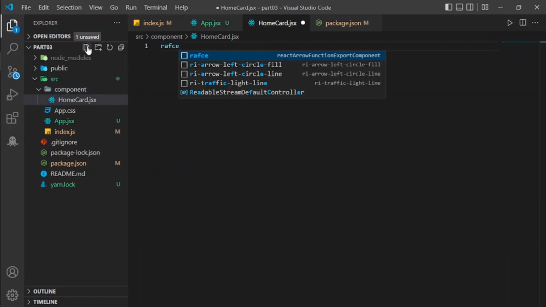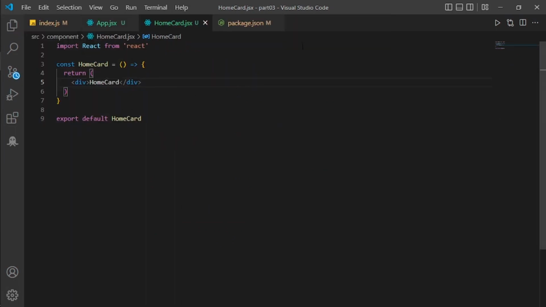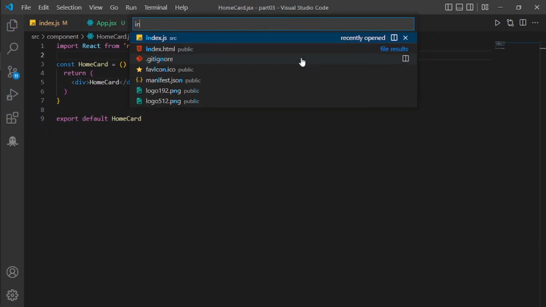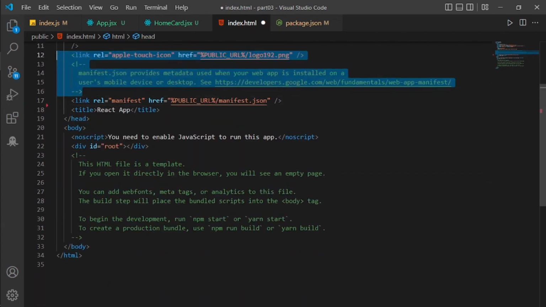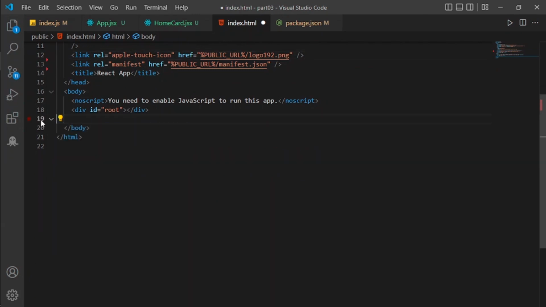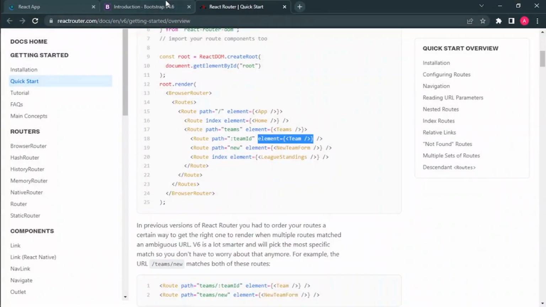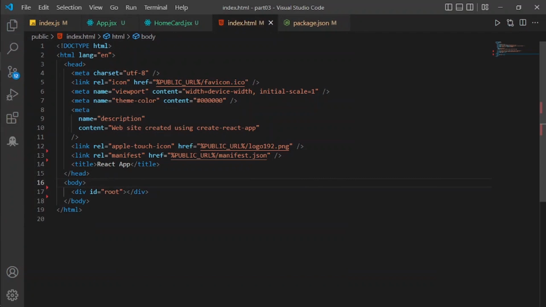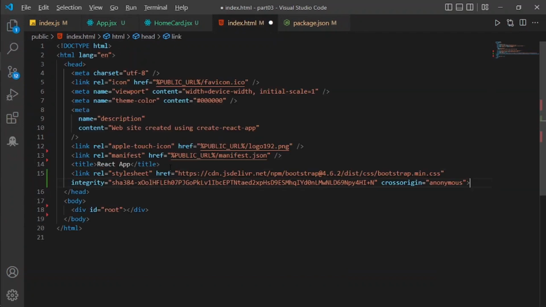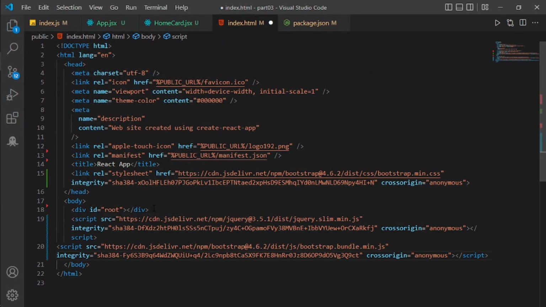We'll write rfc for making the basic structure of a JSX file. And we're also going to use Bootstrap. So go to your index.html, delete all of the unnecessary comments, like for example here, and here. Go to the Bootstrap website. You can also use a better way to connect Bootstrap to your React.js. For example, install the package in here, but I will just connect it with a CSS tag and JS tag. Since we are using it for learning, Alt-Shift-F,